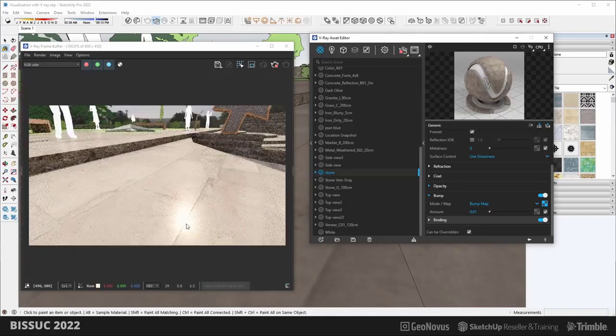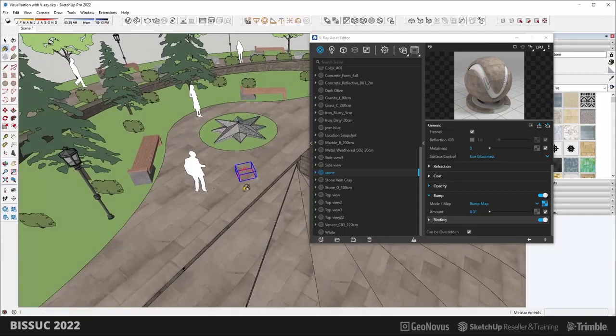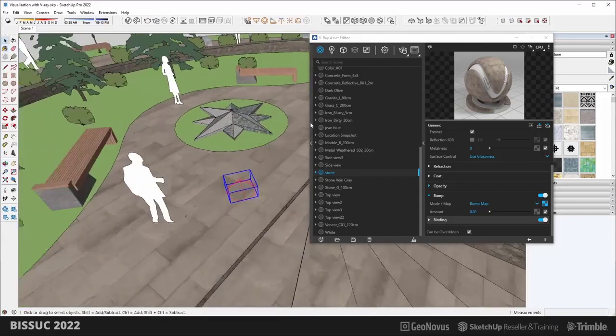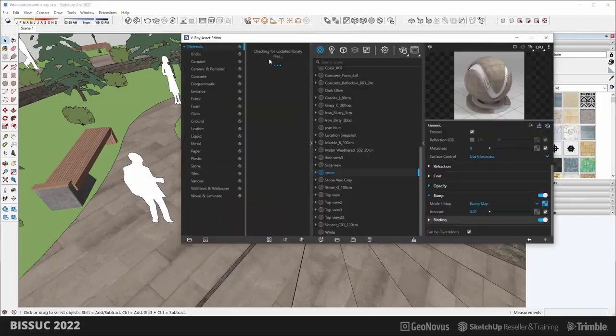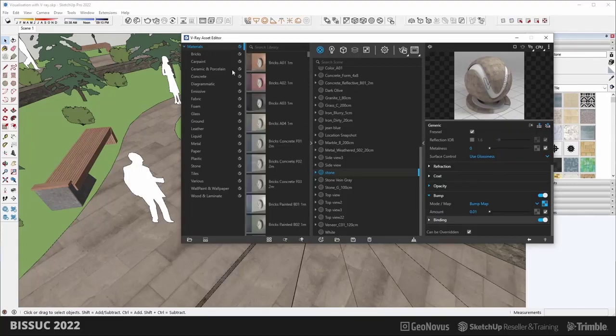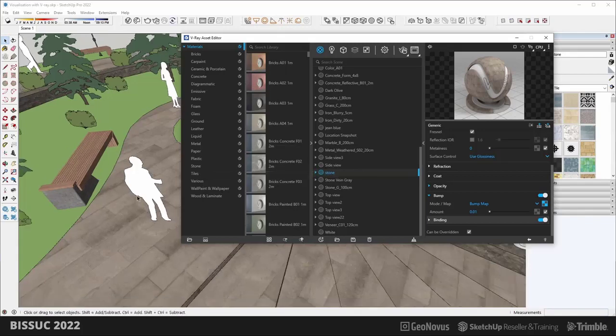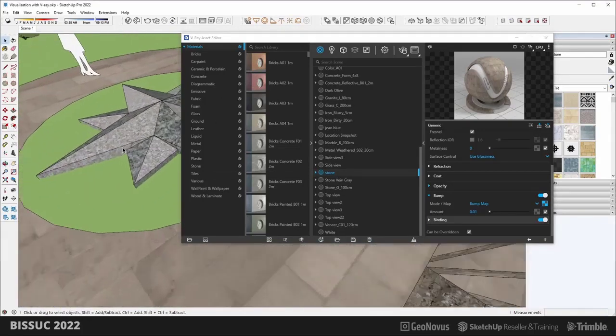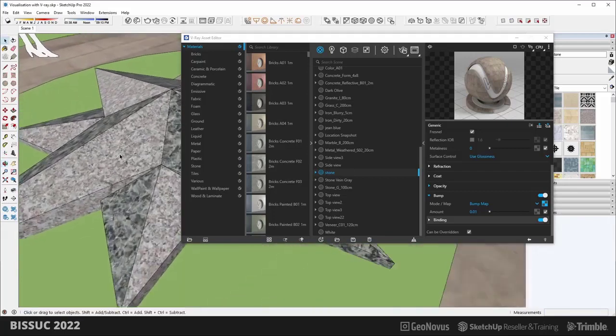So it wouldn't be too obvious. All right, and next up, what I can use is also the materials that are supplied by V-Ray itself. For instance, if I click on this section on the left, you should see an available material library. That's about 8 gigabytes in size. You first will have to download it, but then, for instance, I can select over here material